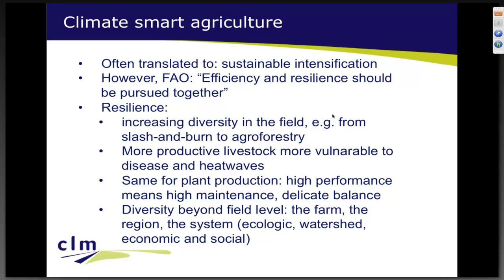In tropical systems, for instance, not slash and burn, but agroforestry, trying to get more out of the soil by using more diverse crops. Realizing that plants and animals, when they're really put to the test, being extremely productive, are also very vulnerable to diseases and heat waves. It's a delicate balance, and the efficiency movement goes into, we could say, the top league sport for plants and animals, which is very impressive but also vulnerable. Whereas the resilience school looks more at natural systems and the balance between soil and plants and ecosystems. And that probably even goes beyond the field level.